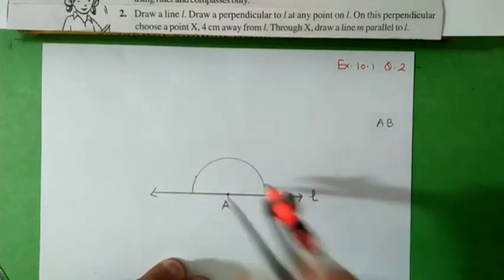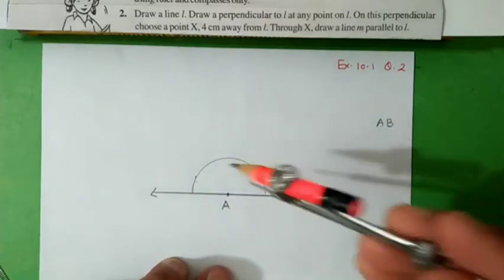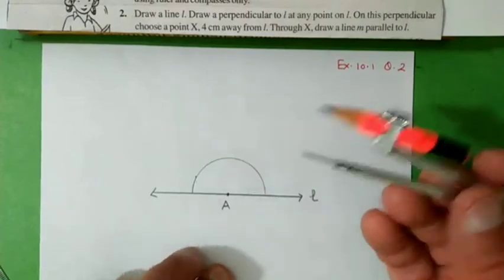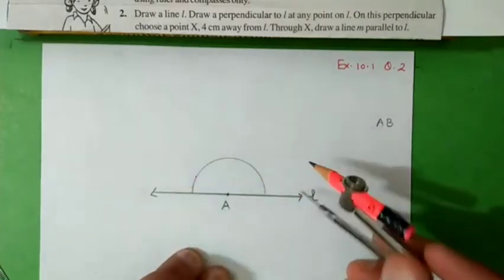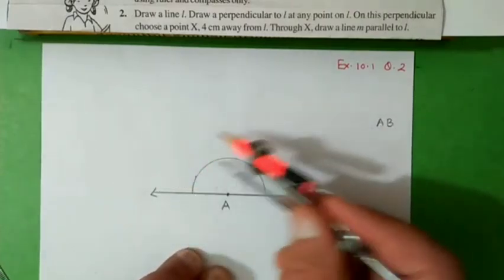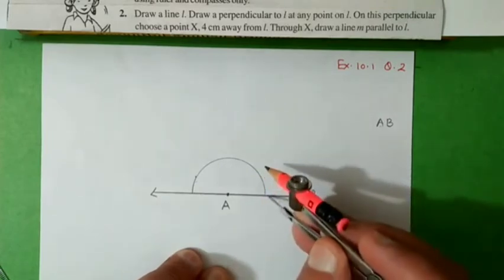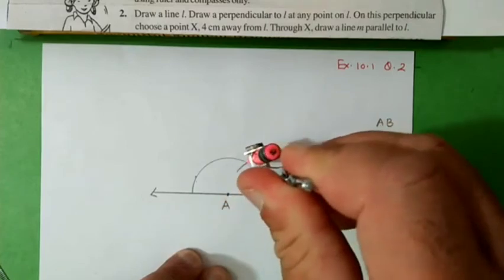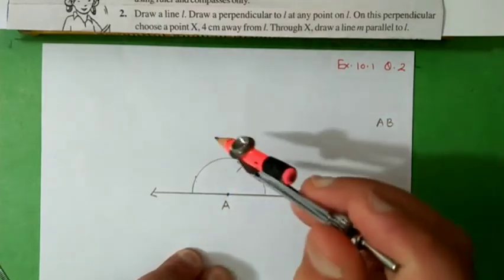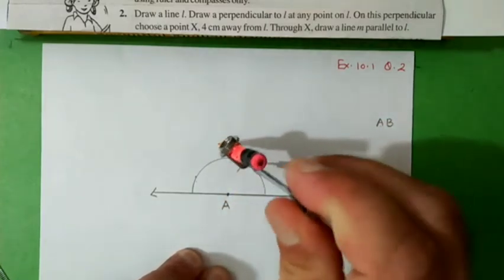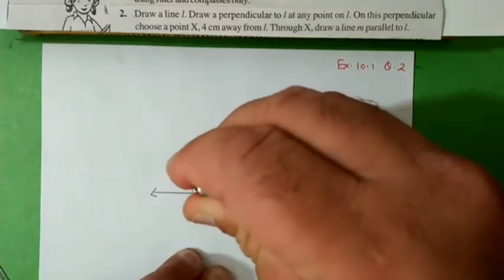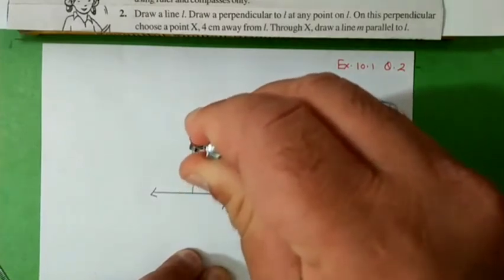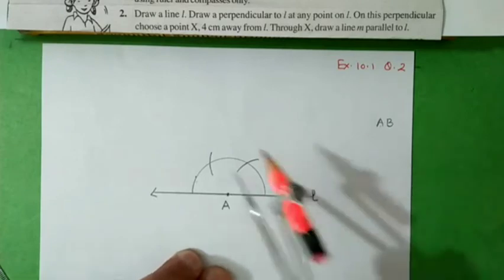So that construction should be clear, your pencil should be sharp, and don't repeat that process. Okay, so this is my arc, and you can see this. Without moving the compass, I will draw here an arc which intersects the first. Again I will keep the point on the intersection point, and again I will draw another arc which intersects